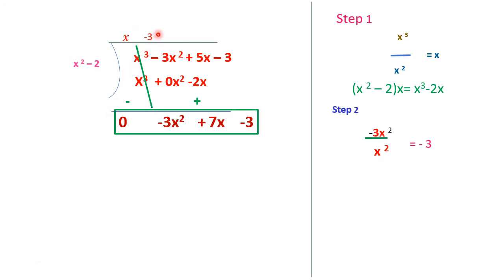And the next step is to multiply this minus 3 only. Multiply this minus 3 with the entire divisor by putting the bracket. So you can see minus 3x squared and minus 3 into minus 2 plus 6. Now shift this again to the position over here